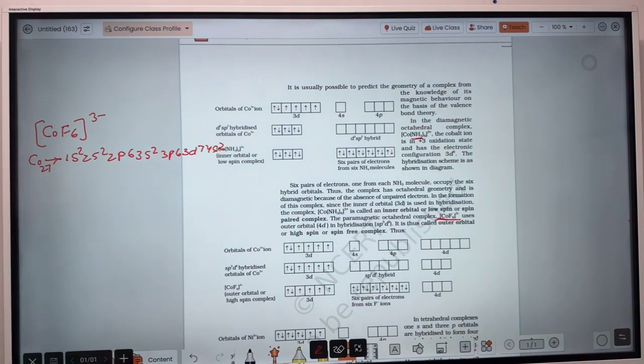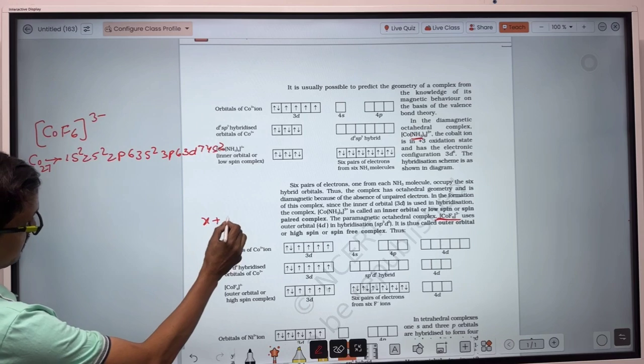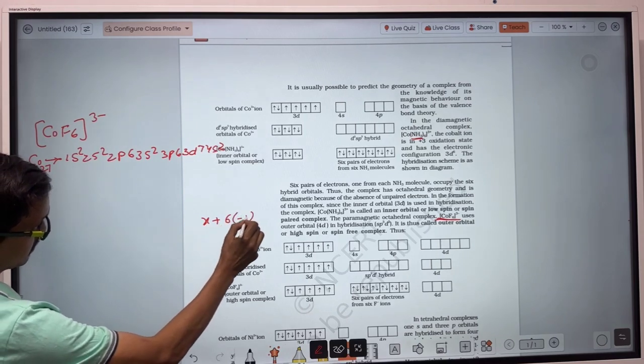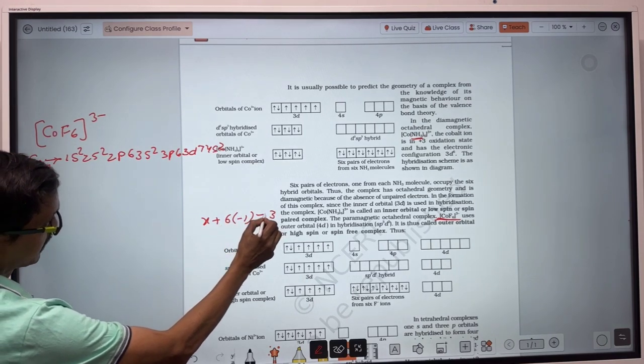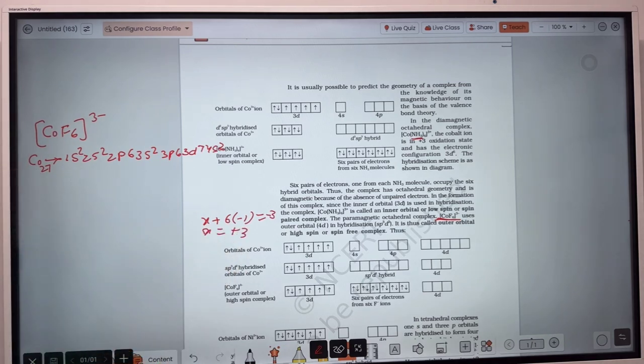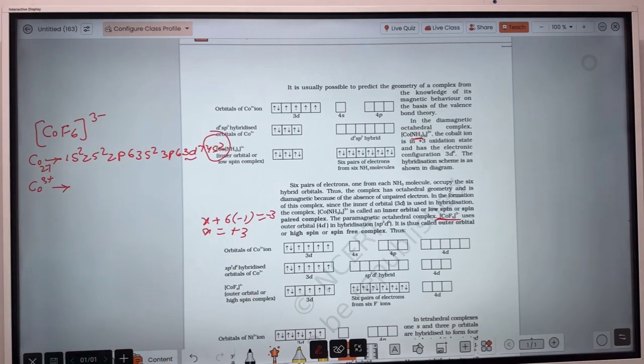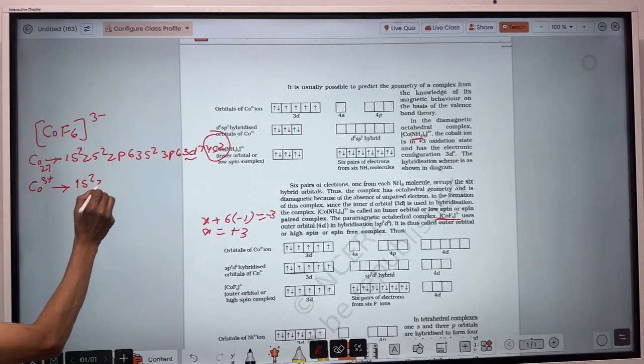Now, what is the oxidation number of cobalt? You find out here: x plus 6 into minus 1 equals minus 3. So x equals plus 3. So the oxidation number of cobalt here is plus 3. So for cobalt we will have to write the electronic configuration in the plus 3 oxidation state. So 2 electrons will be released from 4s and 1 electron will be released from 3d. So the electronic configuration will become